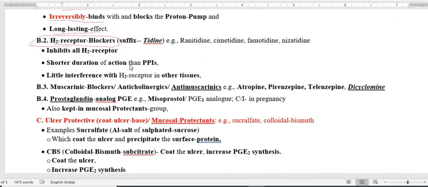Under the H2 receptor antagonists, they usually have the suffix tidine. Examples are ranitidine, cimetidine, famotidine, nizatidine. They are all called H2 receptor antagonists or blockers because they are going to block the receptor. That is why they are called blocker or antagonist. They are short duration in action. Then the PPI, proton pump inhibitor, and